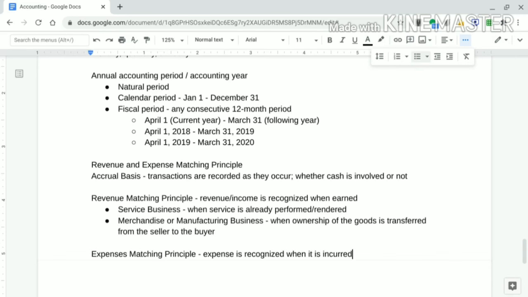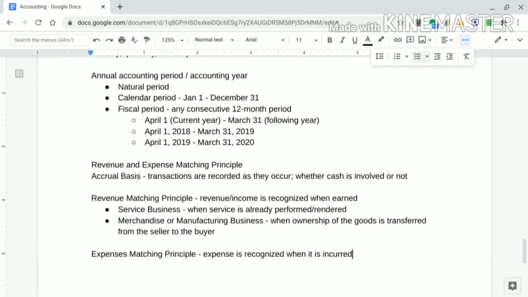Okay? So, for example, nag-rent ka sa isang space, sa isang office space, tapos hindi mo pa nababayaran yung rent mo for the month. Since nagamit mo na yung right to use that space, there is already an expense, whether you have paid for it or not. Okay? Ang kailangan lang natin tandaan dito sa revenue and expense matching principle, as I said earlier,